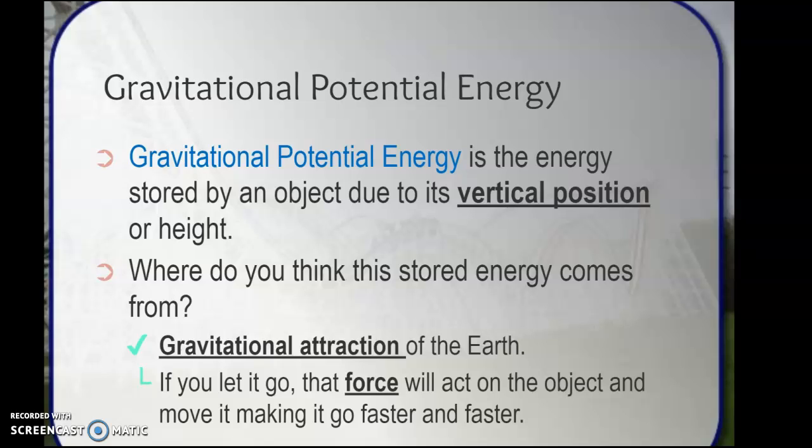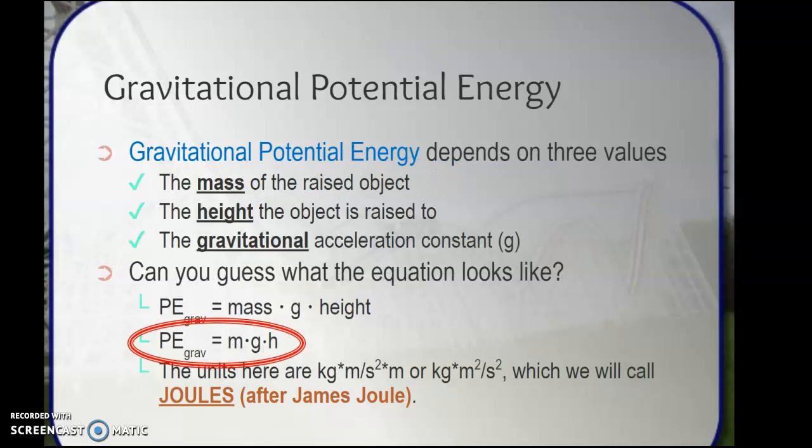And when things go faster and faster, they actually accelerate downward more. So with that more, we have more gravitational potential energy. So that increased distance, we have more gravitational potential energy there. So gravitational